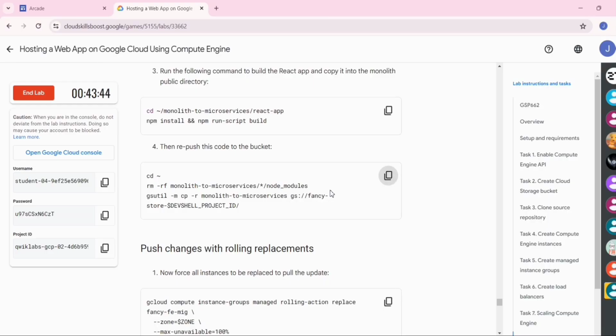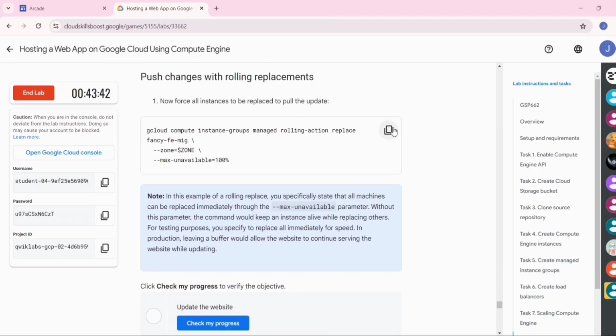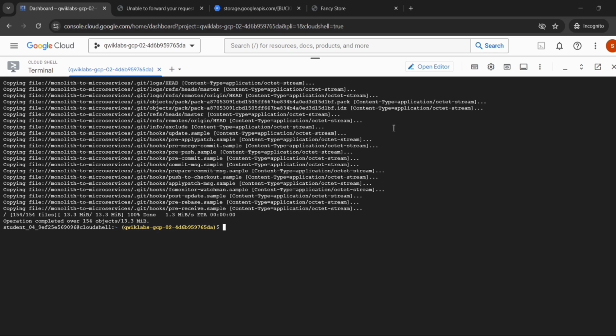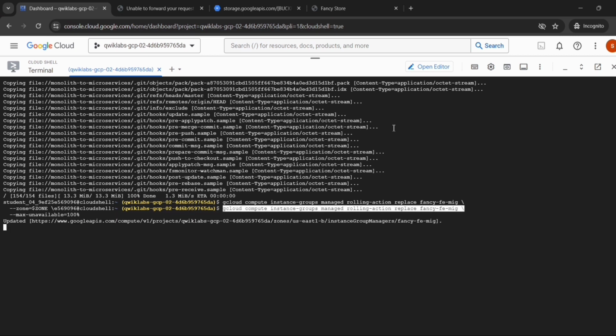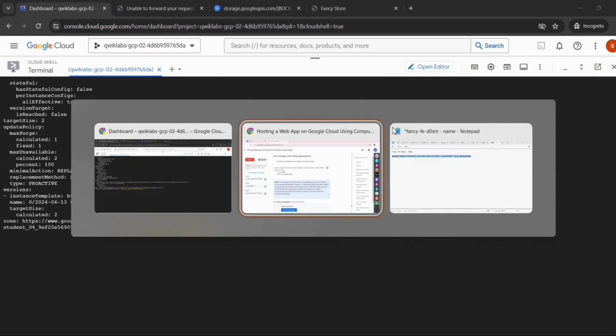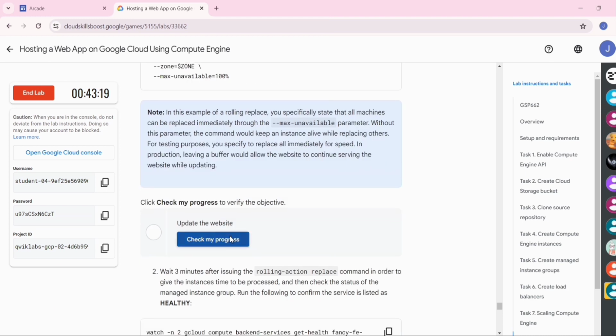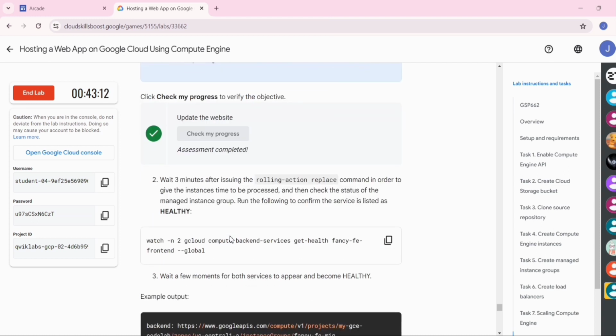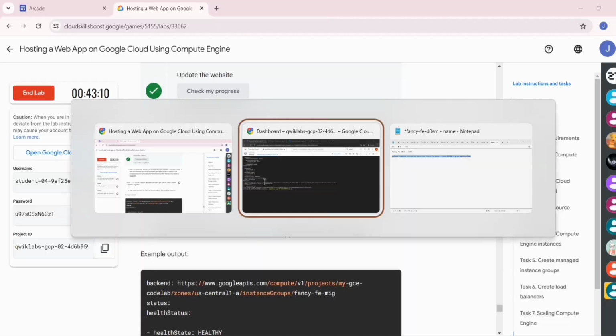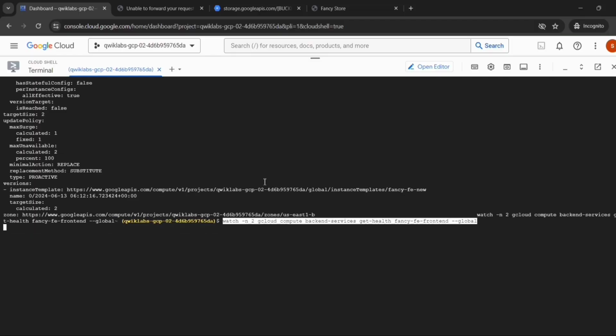Now go back to the lab instruction, copy the first command, go to the shell, paste it, then press enter. Now go back to the lab instruction, click on check my progress, you will get a green tick here. Now copy this command, go to the shell, paste it, then press enter.